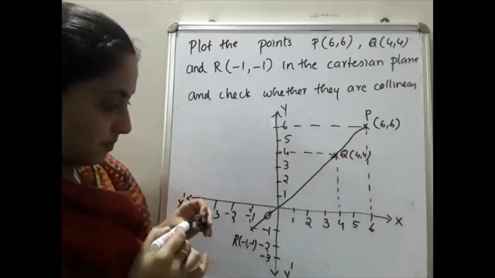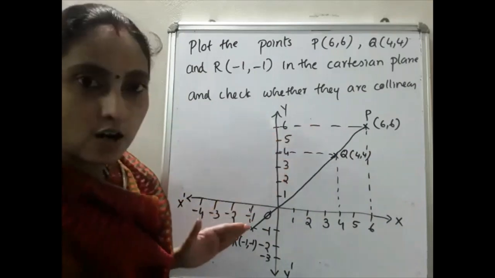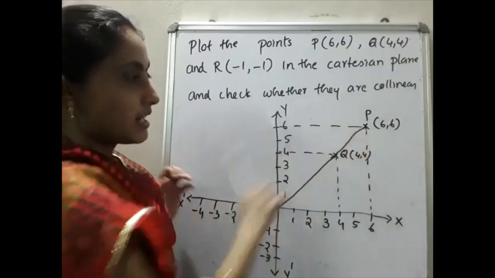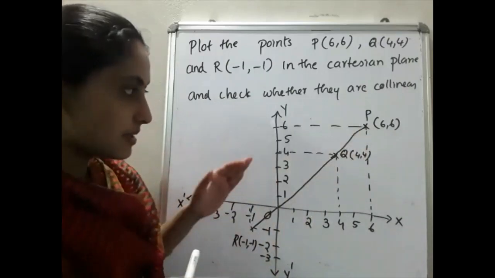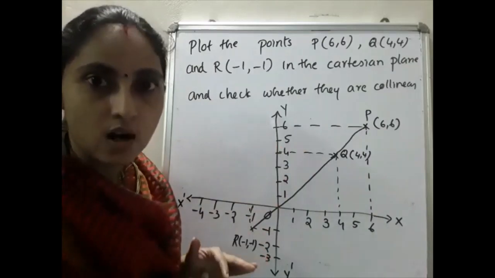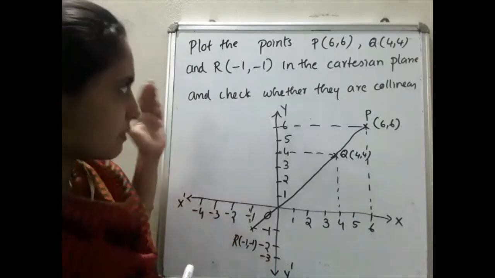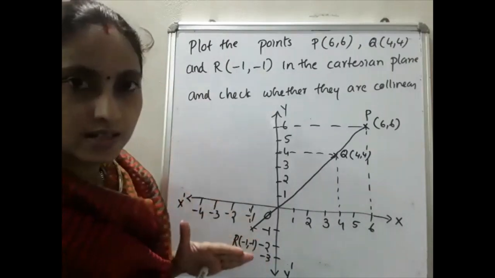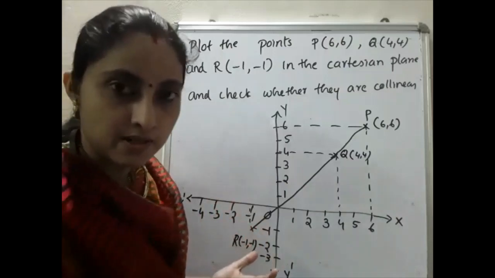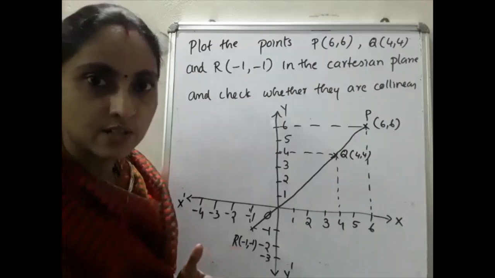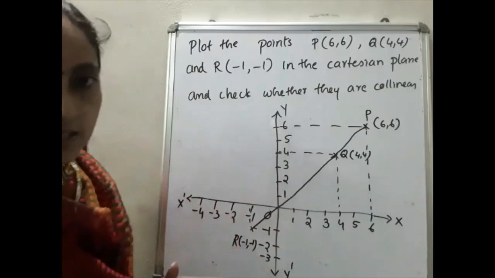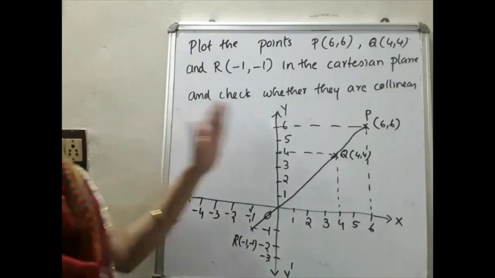Joining these points, what do you observe? They lie on the line itself. If they lie on a single straight line, we can say that they are collinear. Sometimes they may not be on the same line, then we give the answer that they are not collinear. Sometimes a question is also given where 3 or 4 points are given and you must say which figure you obtain. I will explain that. So please do it in your graph book. So the answer is: they are collinear.